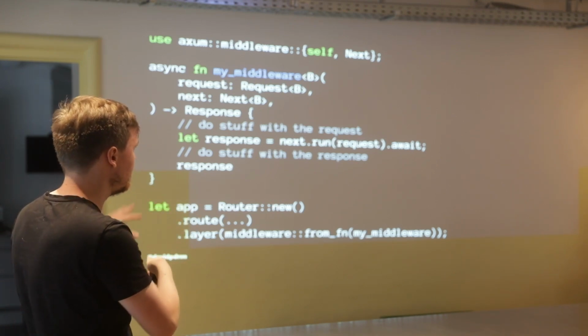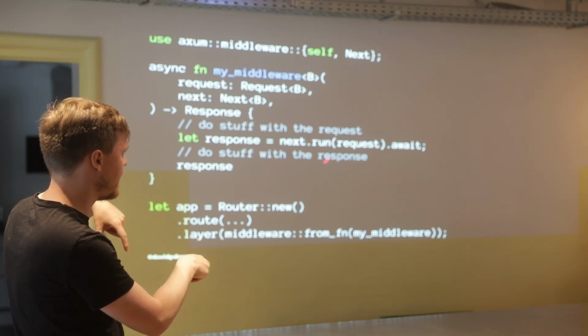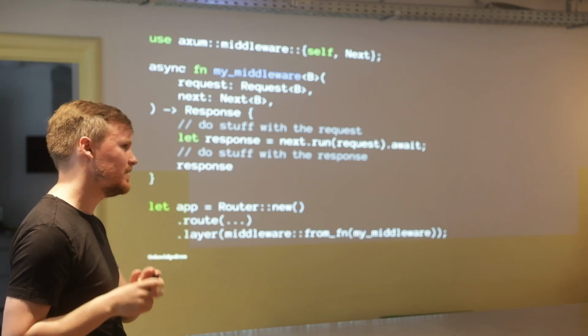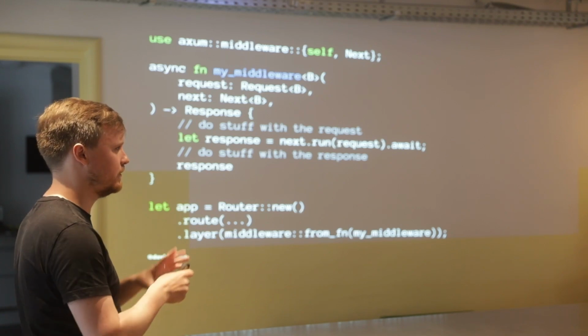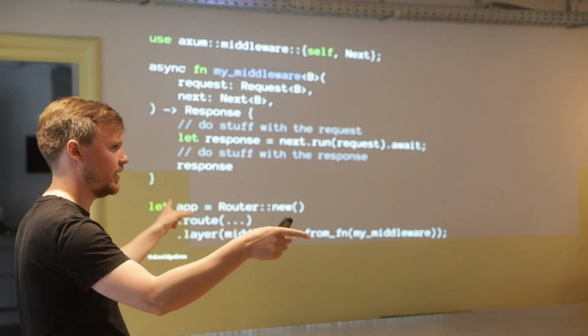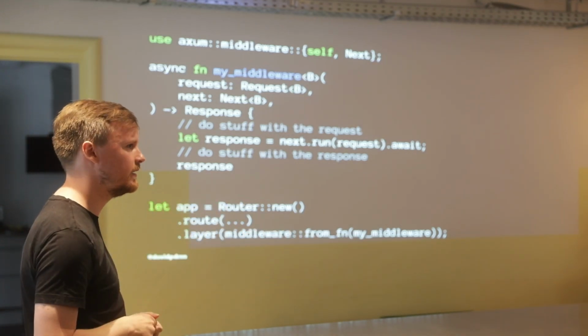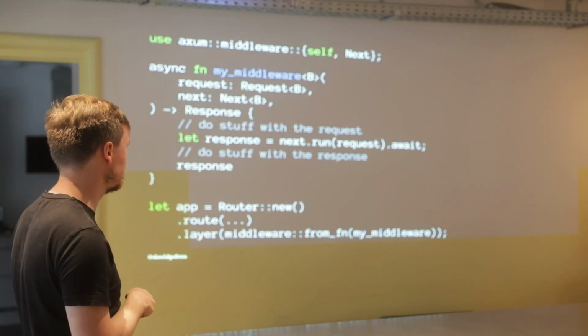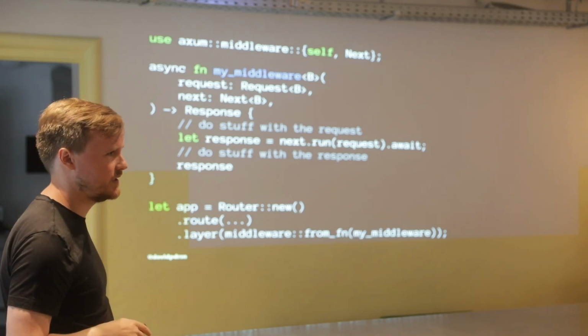Yes, but today there is an API to call extractors in here. I don't have an example. I can show you later. It's a little inconvenient. You have to know that there are two types in the docs that kind of work together in this way. It's definitely possible, and it's a use case that we do support. But in the next version of Axum, all the boilerplate goes away, basically.